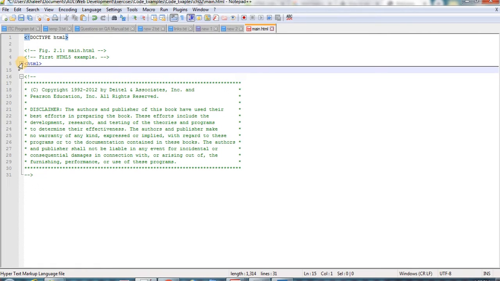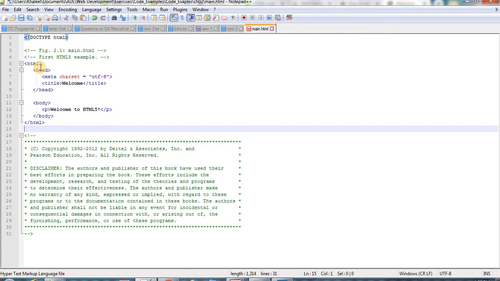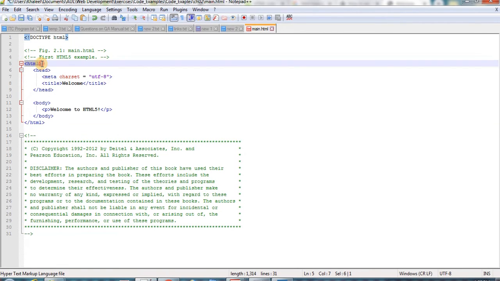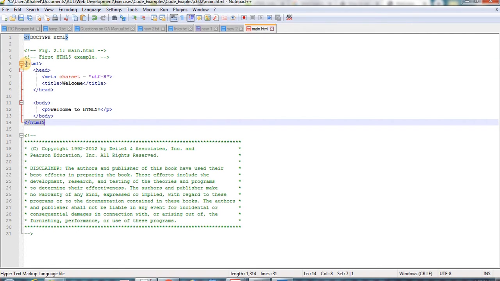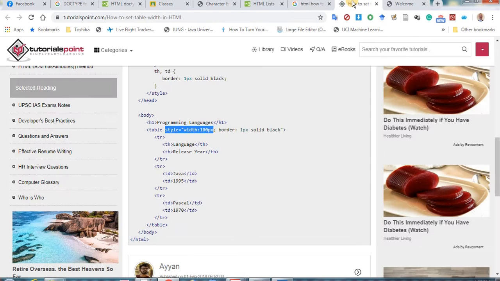So the whole HTML program is written within an HTML element, which has an open HTML tag and a closed HTML tag. Within these two, I will write the whole HTML program. If you see the code of any program that you want,